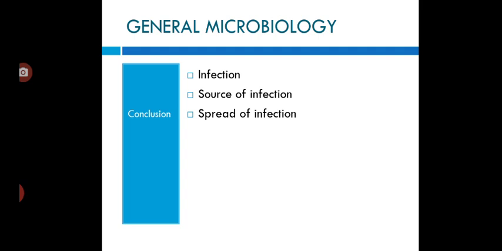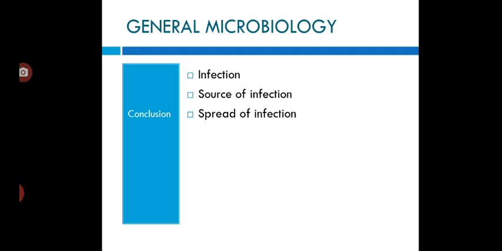Direct contact is when a person comes in direct contact with all those materials which are infected by the secretions or products of the patients. And then oral. Through the oral route, it can be transmitted. The infection can be transmitted through consumption or ingestion of food and drinks that have been contaminated with the pathogenic organism. And the food or drinks can also be contaminated from the feces or urine of the patients.